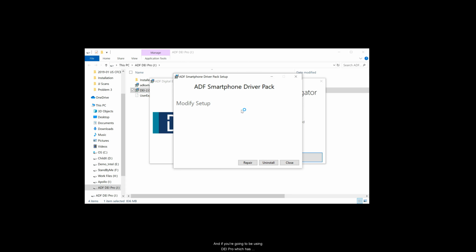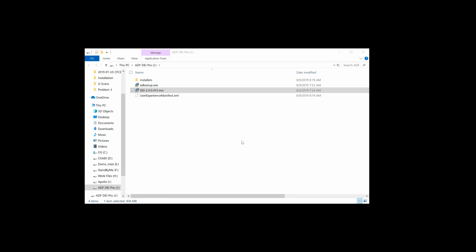And if you're going to be using DEI Pro, which has Mobile Device Investigator bundled within, you can choose to install the driver pack. Once that's complete,